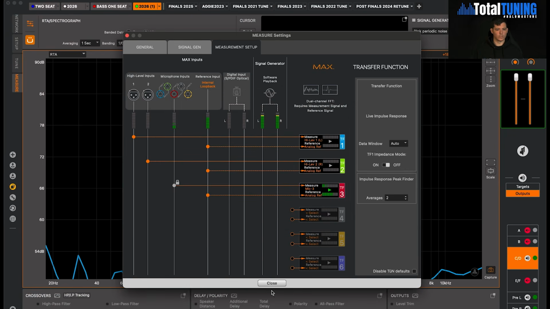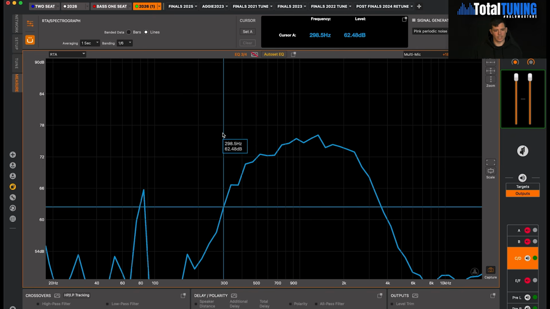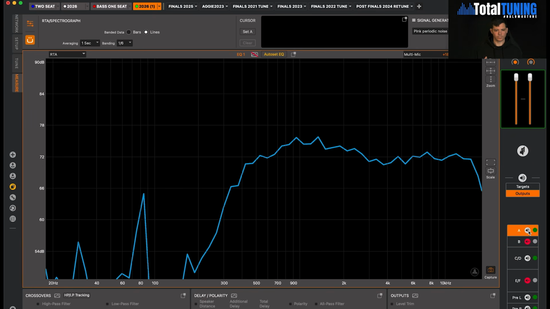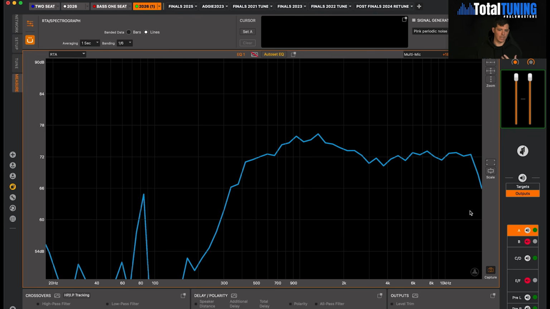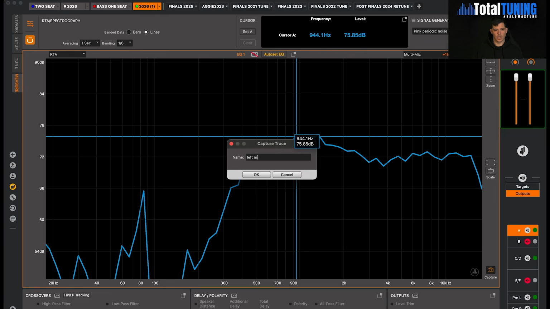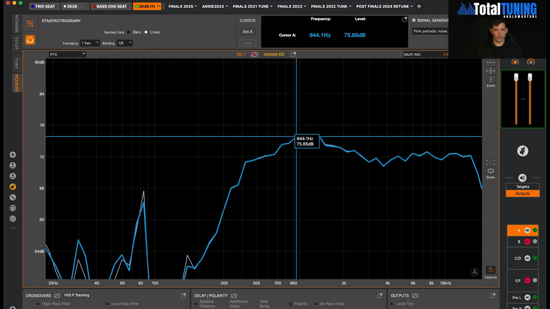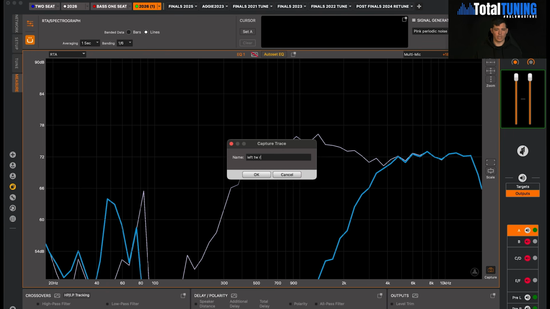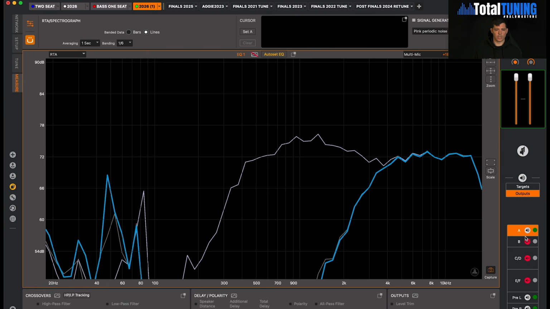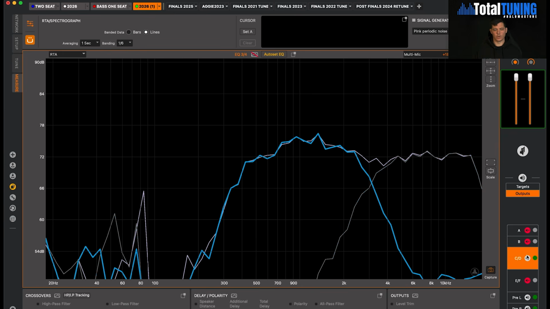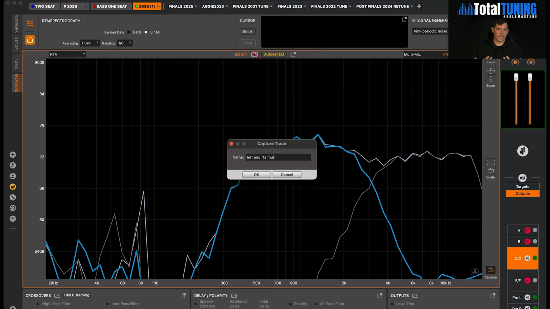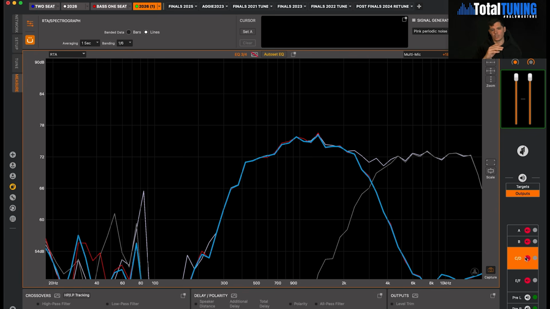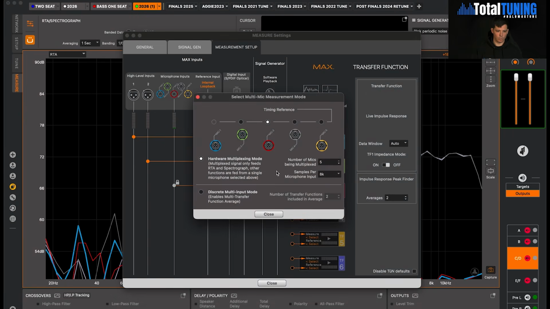So next, I'm going to connect the multiplexing again, and I'm going to show the summed response of the left mid and the left tweeter in this particular instance. I'm going to go ahead and take that capture, and what I'm trying to point out here is that the left mid-range and left tweeter are both following a target. They're both in time, and they're both in polarity, so they're going to sum very nicely when I play them. So when I capture that tweeter, and I capture that mid, and I capture the sum between them, you can see that there's a really nice bridge in between the two,